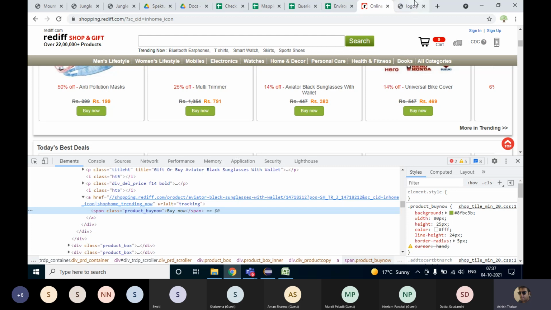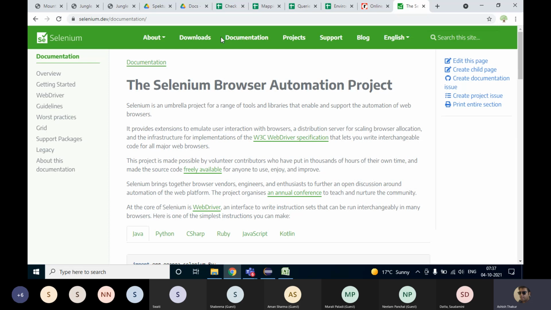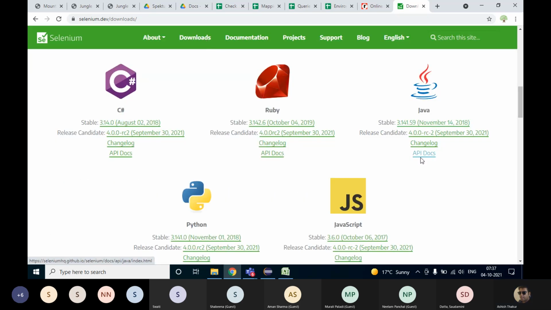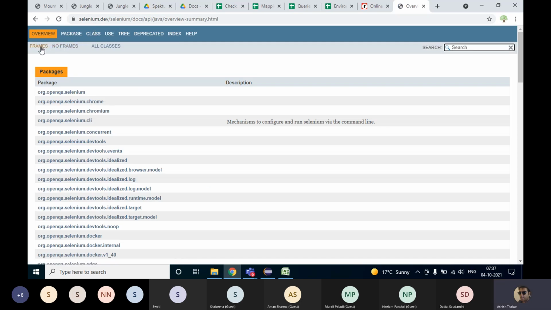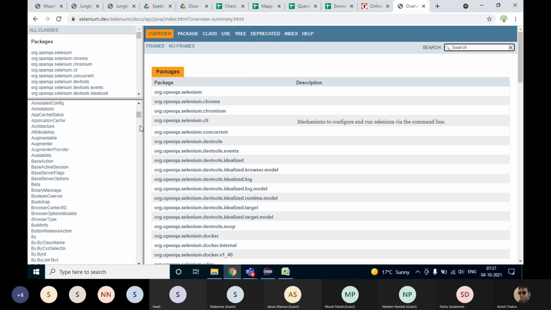If you go to the Selenium website, Selenium dev, and go to the documentation, or hold on, not this documentation, the API documentation, and scroll down, you will have a simple class known as By class.